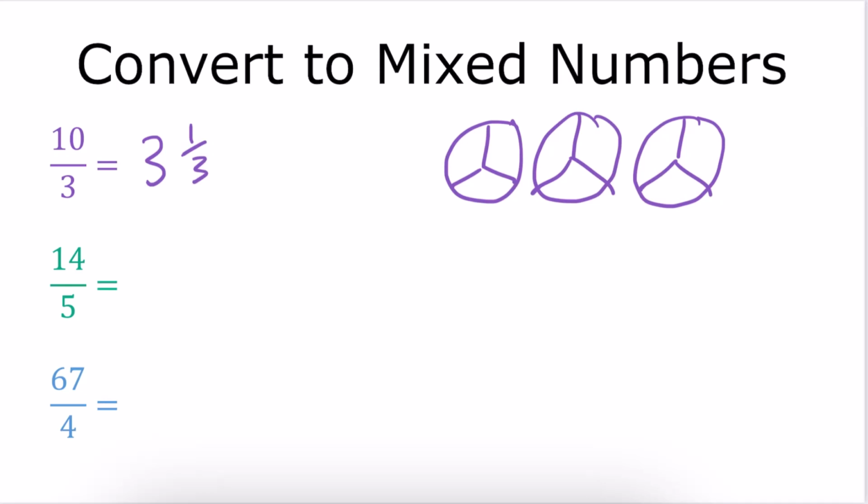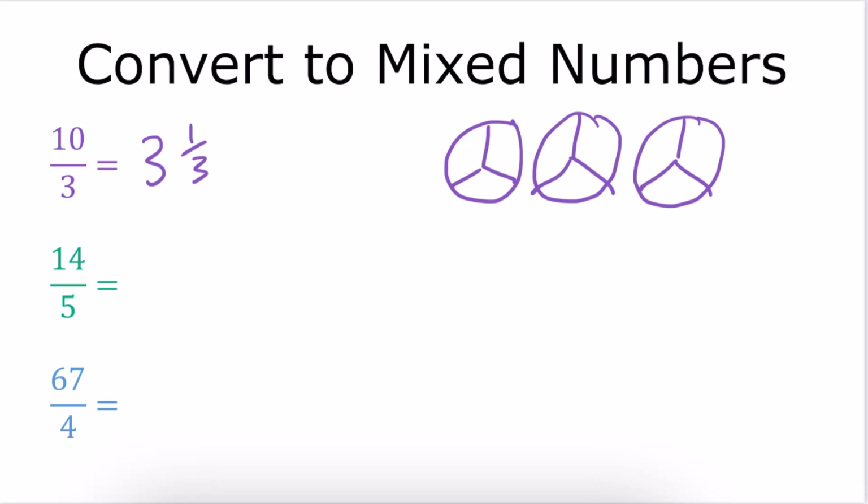Then you can extend their understanding by asking them if they could figure out how many wholes can be made from 14/5 without drawing a picture. And they might say that you can make two wholes because it takes 5/5 to make one whole and 5/5 to make another whole, and then you would have 4/5 left over. And you can help them write their